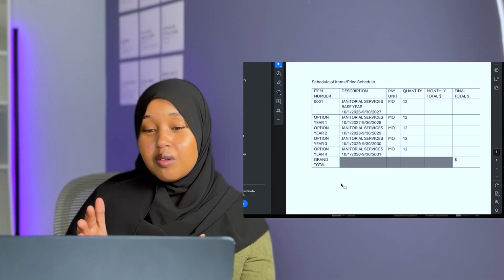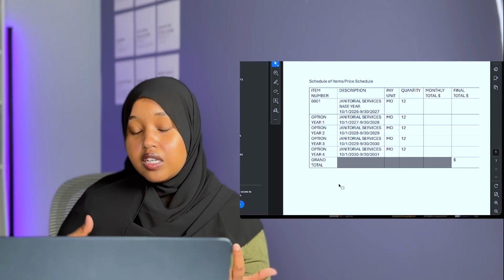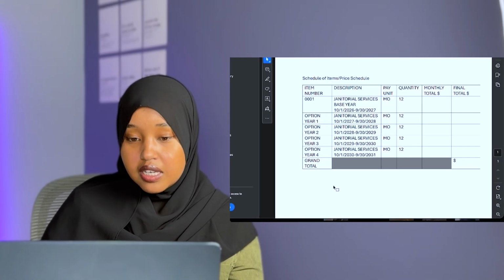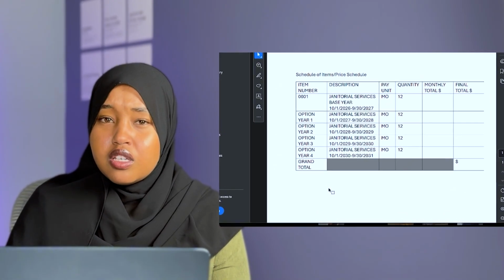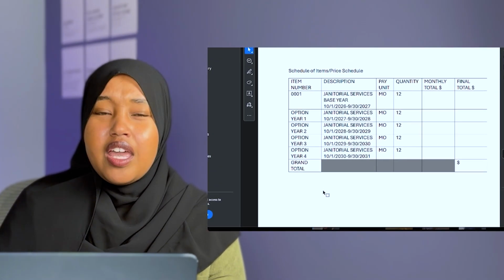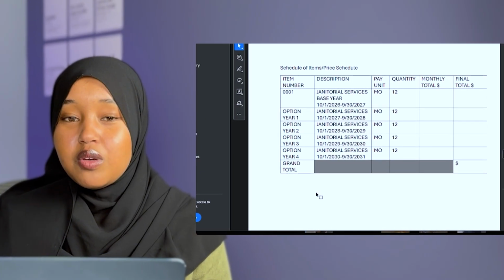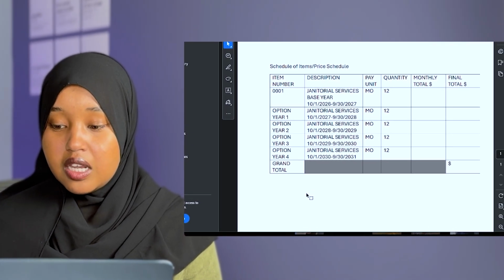So we take the number that we come up with for that base year and we multiply it by the inflation rate for each and every year after that. And you can estimate what the inflation rate is every single year. You will have that information on the internet. You can reach out to someone that's more aware of the market or the economy. And you can come up with the inflation rate and just multiply whatever base number you come up with by that inflation rate every single year. Then we will submit that document.